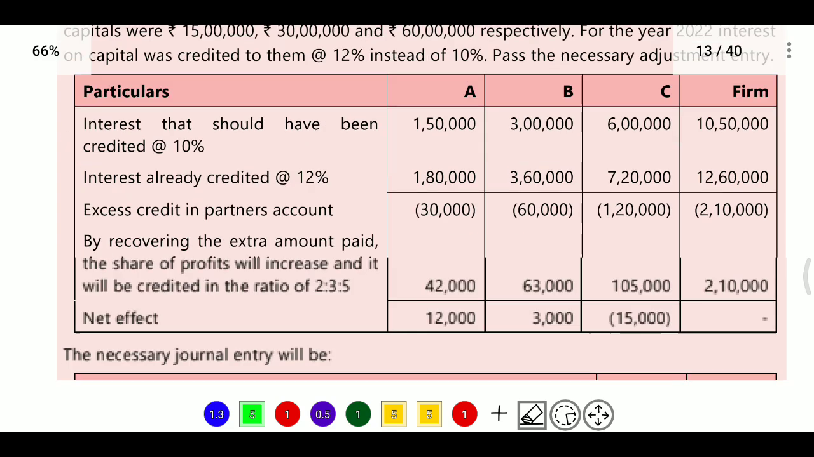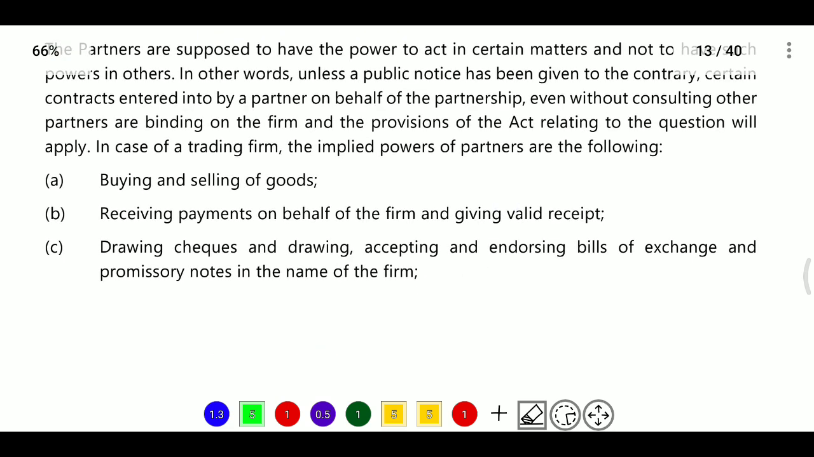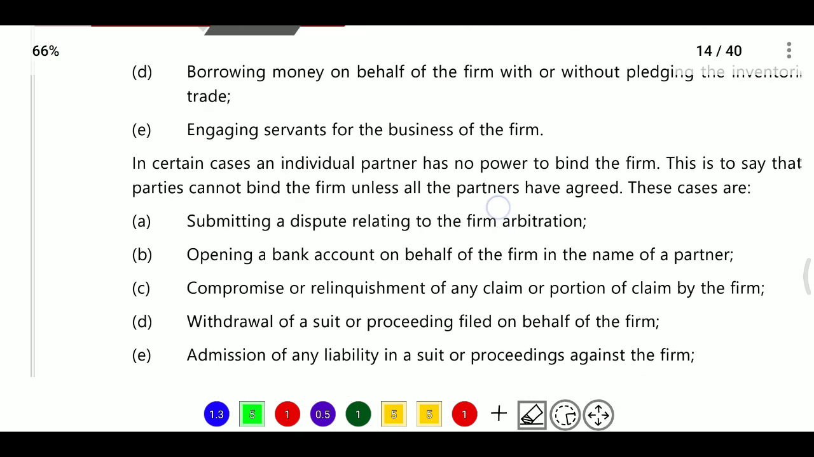the partners? So powers of partners: partners have authority to manage the firm's business, enter into contracts and bind the firm in transactions within the scope of business. So if partner A signs a lease agreement for the firm's office space, all partners are bound by this agreement. This is the main point. So powers will be buying and selling, receiving payments on behalf of the firm, drawing cheques, accepting and